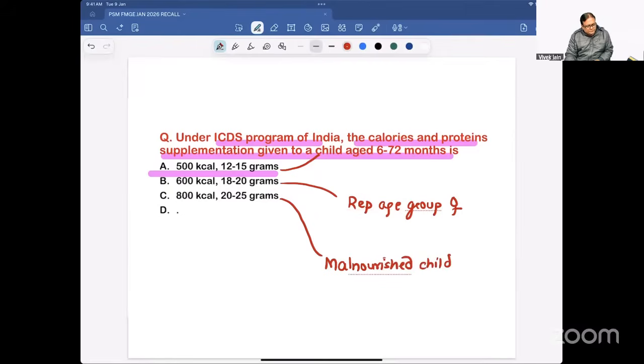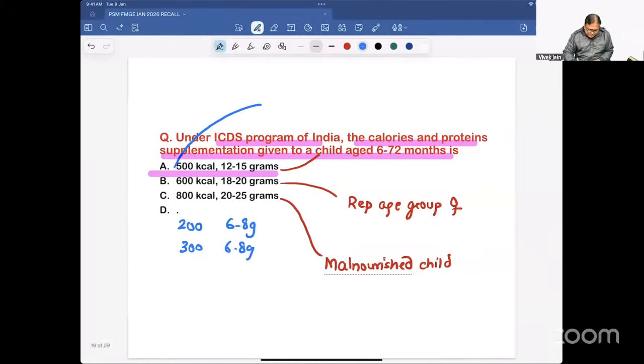Depending on the choices it may be a bit different. In a child up to 6 years of age, we give 500 kilocalories and 12 to 15 grams of protein. In some choices, we are being told 200, 300 kilocalories were given, 6 to 8 grams protein. No, this is not correct. This was the older guidelines. Now, since the last 11 years, we are giving 500 kilocalories and 12 to